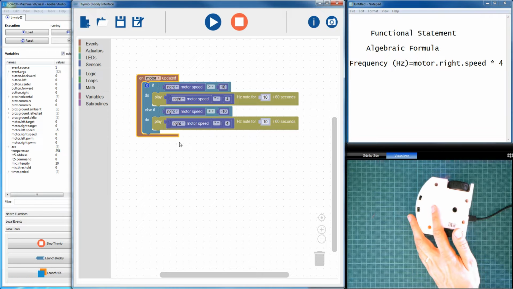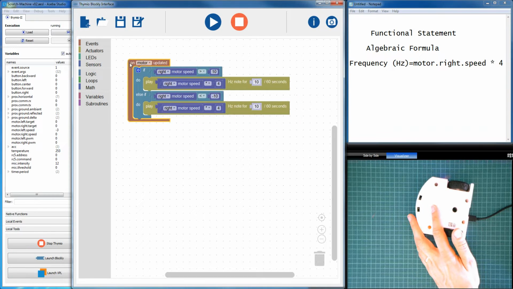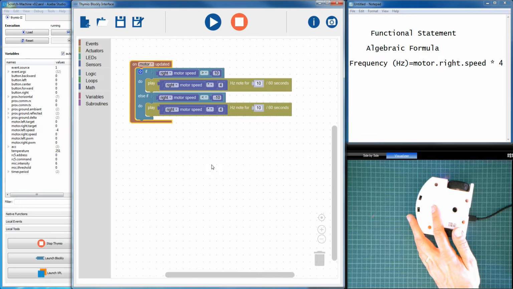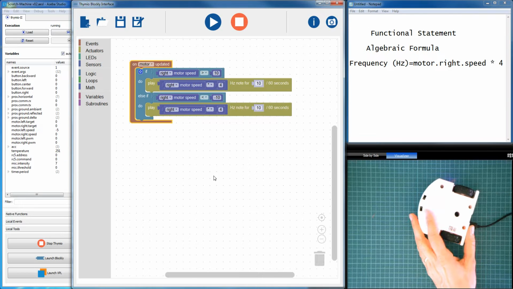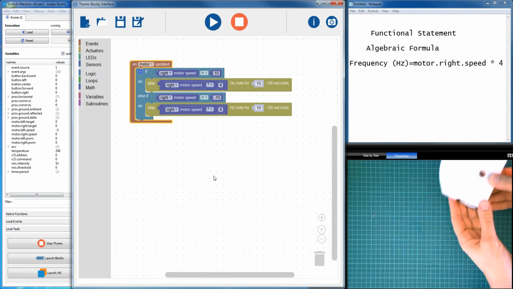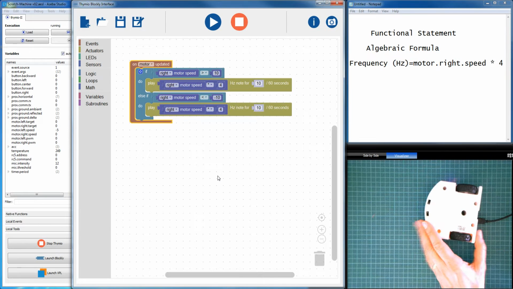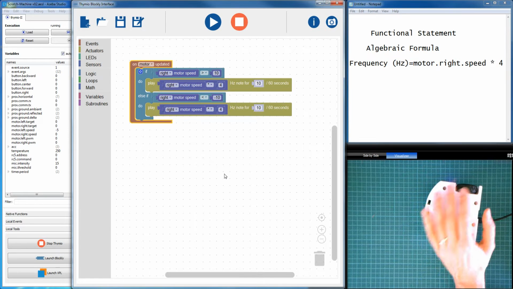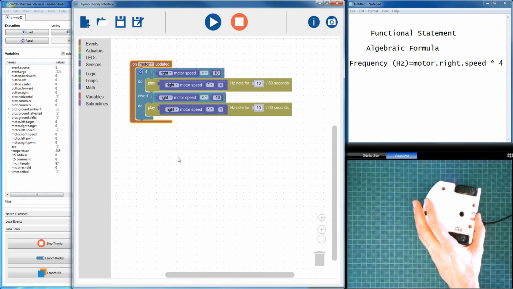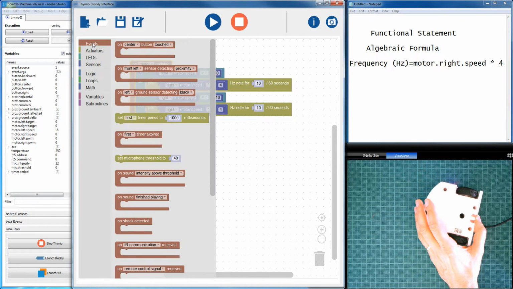Now what I want to have alongside this is the kind of sound that R2D2 makes, and what I'm going to do is try and add that to the left wheel. So this is the left wheel here when I turn my Thymio over. I want to try and make it so I've got the same thing happening here. So let's sort of see, what am I going to do? Well, I think what I need to do is have